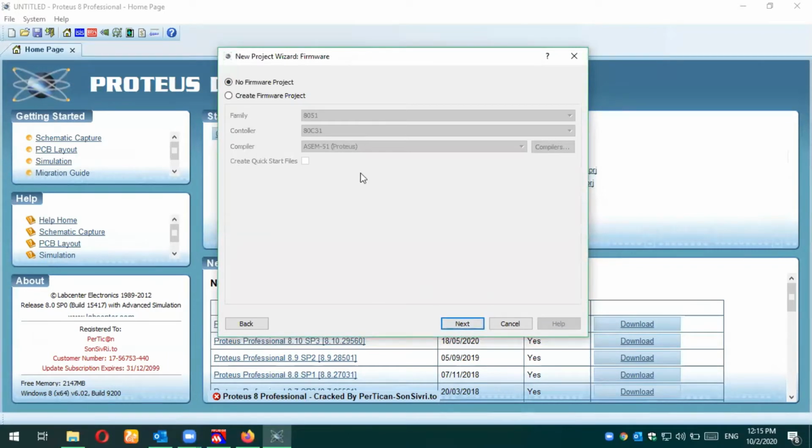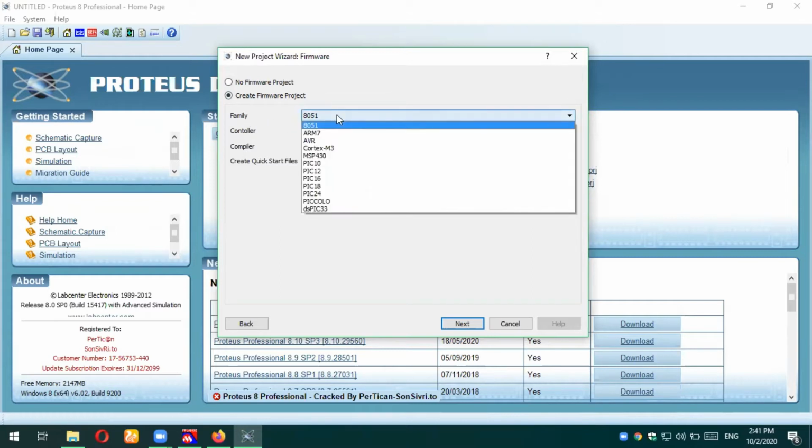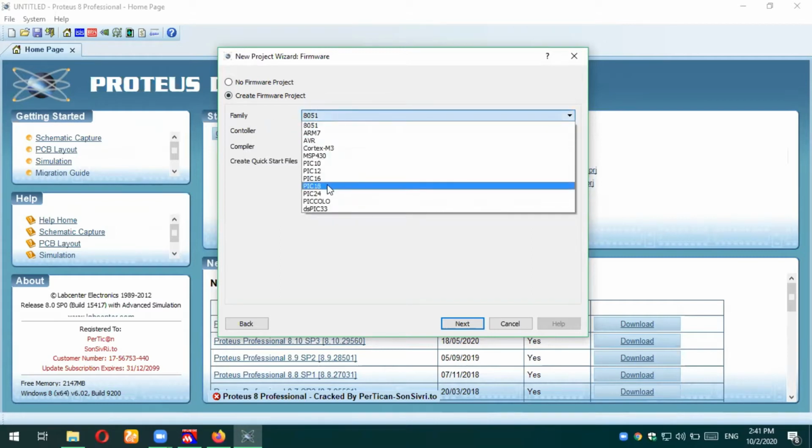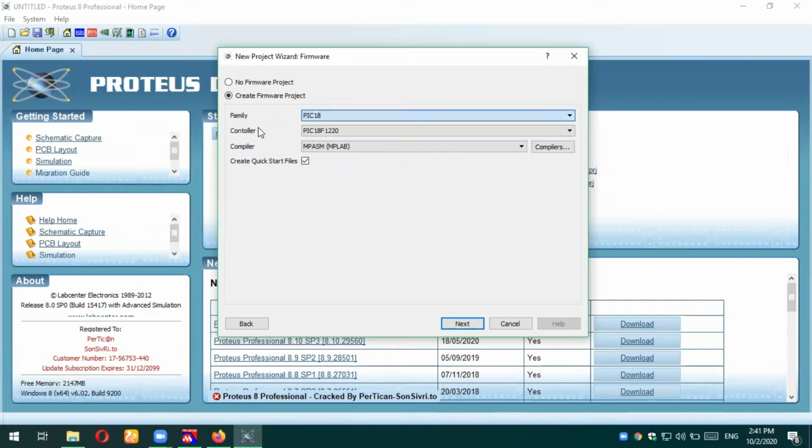This is a very important step of creating this project. So here you see two options: no firmware project or create firmware project. So you will choose this second option, which is create firmware project, and from this option you will choose the family of the microcontroller or microprocessor. So we are choosing PIC18.